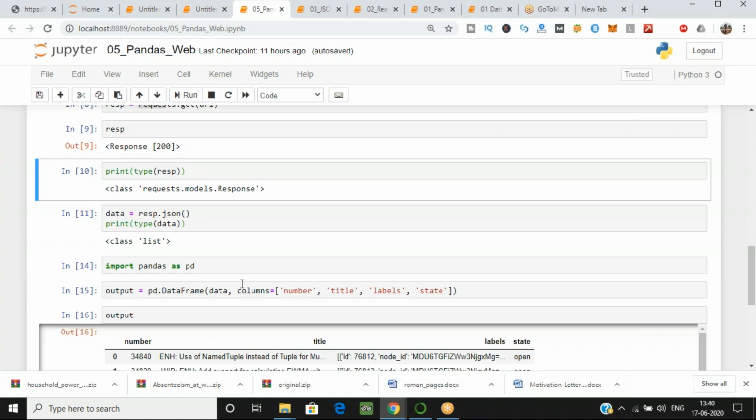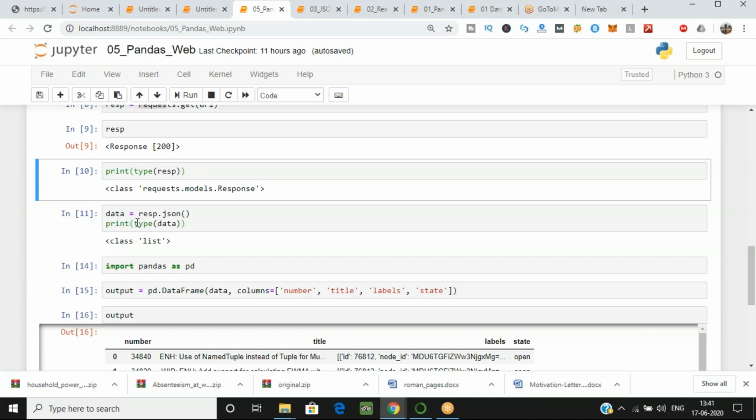JSON is a function for that, Ritu. Because it's a function, and I have already seen our data is in the JSON format, right? From the link we are getting, we have a JSON format and we are converting it into data. So now we are converting it into a list, because we are not taking it directly.